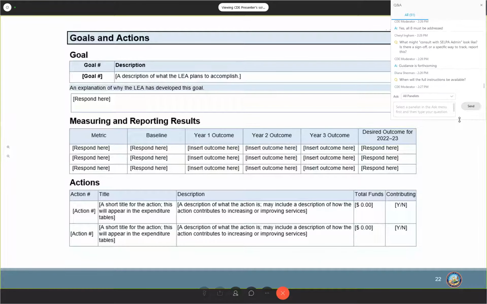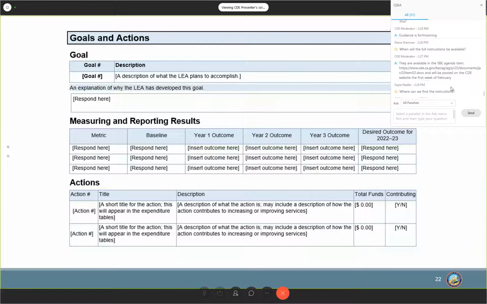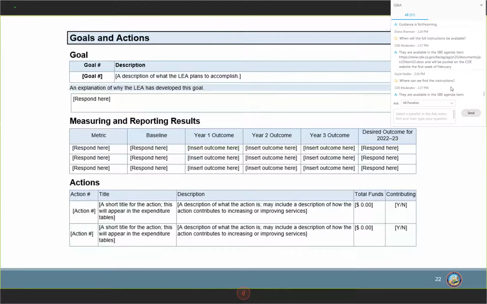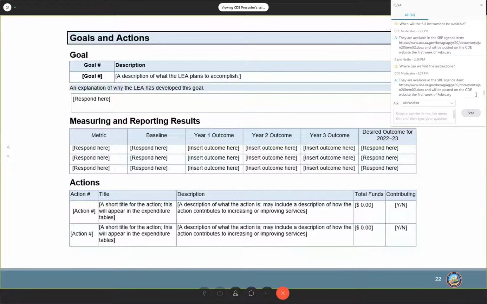There you indicate a Y or an N, yes or no, for whether this specific action is being included as contributing to meeting the increased or improved services requirement. Then you have the total funds column. If you're using the e-template, this amount will be auto-calculated for you. If you're using the Word doc and Excel spreadsheet version of the LCAP template, this will still be auto-calculated for you in the expenditure tables, but you'll have to copy and paste it over into this column.